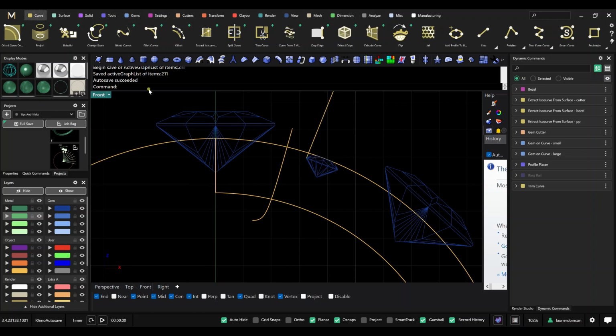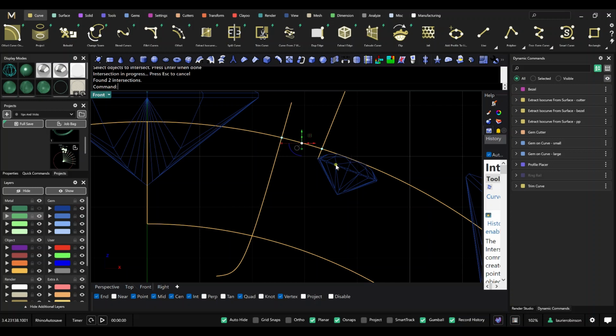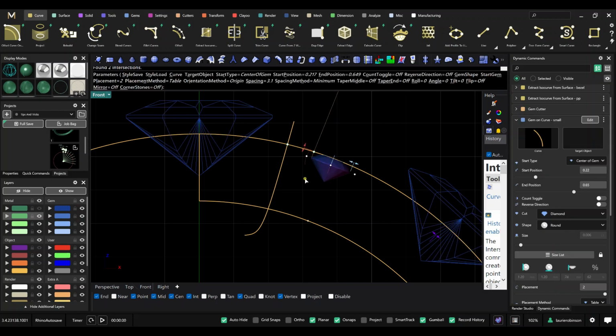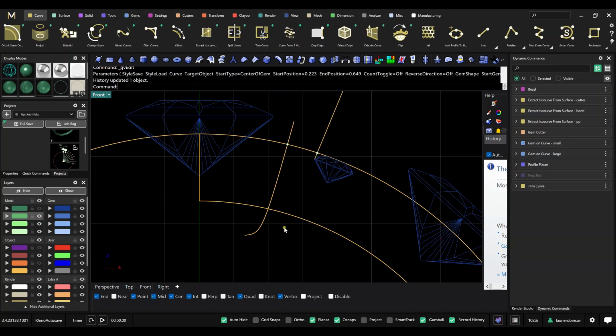So I'm going to use intersect. And I'm going to select this and this and this. Okay, and so you can see all these lines intersect, and now you have these 2 points